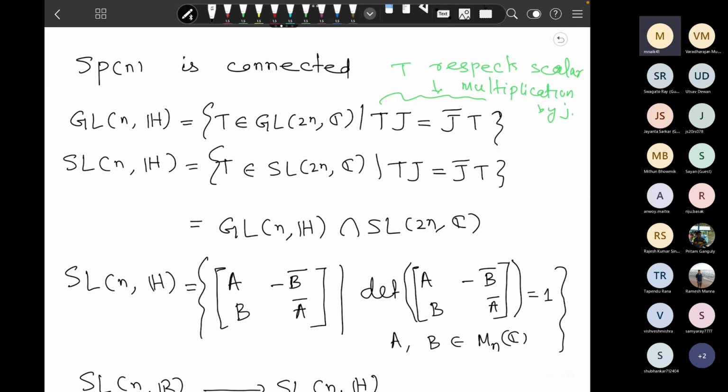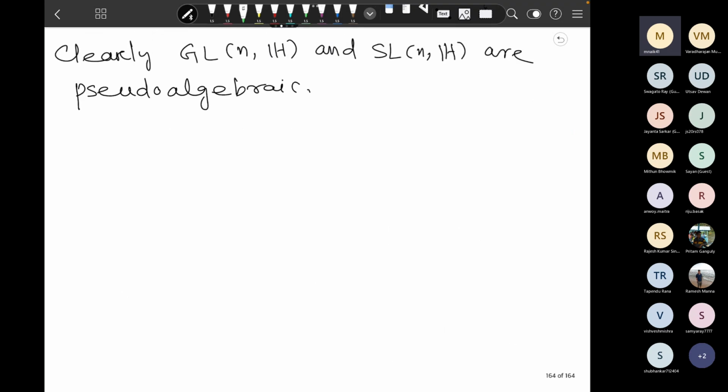So ideally I should show that the set of T in GL2N(C) such that Tj is equal to J bar T is closed under conjugate transpose. But since we have this relation, Z of A star is equal to Z A star, for A belongs to MNH,